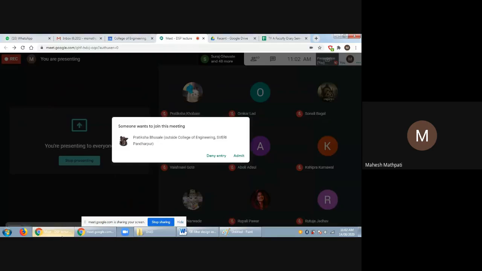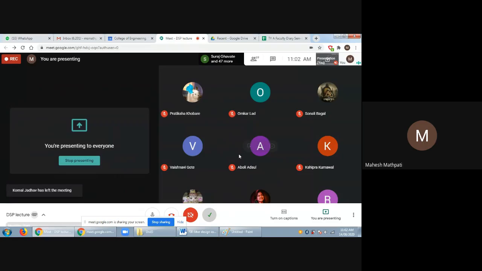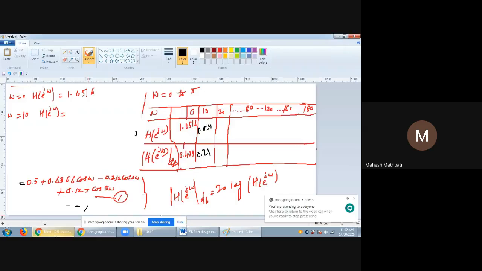Just check the value. So why I am asking you to do this is, you have to do the example solve in the exam. मुझे करना नहीं है वहां पे, क्योंकि you should be perfect with your operation of the calculator. And suppose, the value we got here is 1.024. Now suppose if I take omega equals to 10, then calculate the value of h of e power j omega. Sorry, it is 20, not 10. 20 अगर लिए तो उसका वैल्यू कैलकुलेट करो।